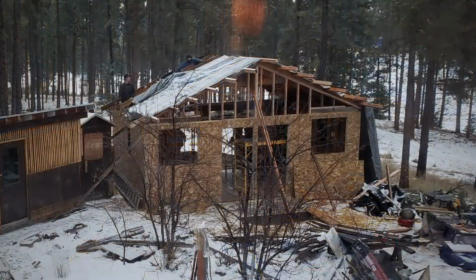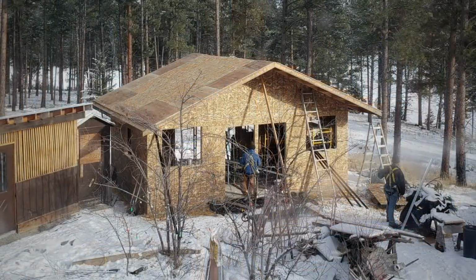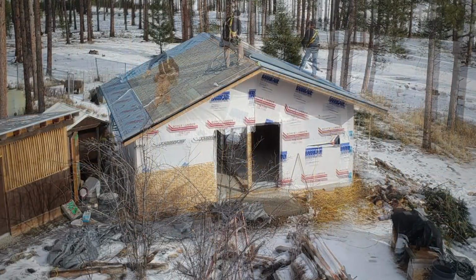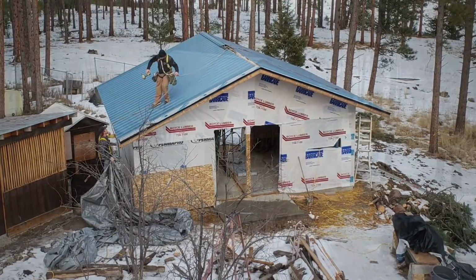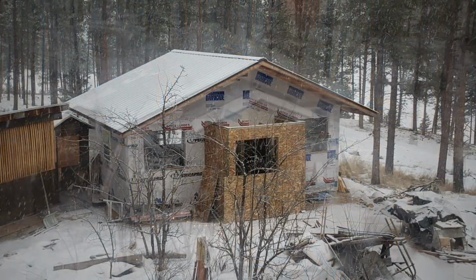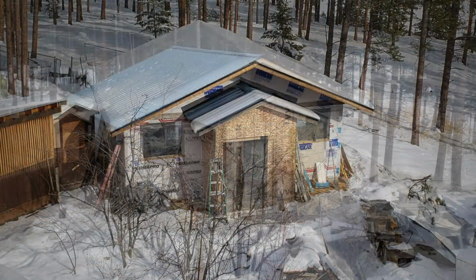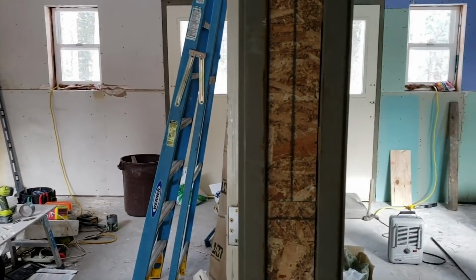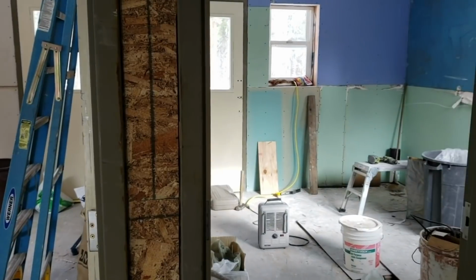During the process, we included a second enclosure under the same roof, so we could be prepared for the future if, or more likely when, another animal needed a safe place to call home. We got the roof on just before the first big snow, and then it really started to come together. We finished the walls with super extra insulation to make sure the pool wouldn't freeze and added a little bit